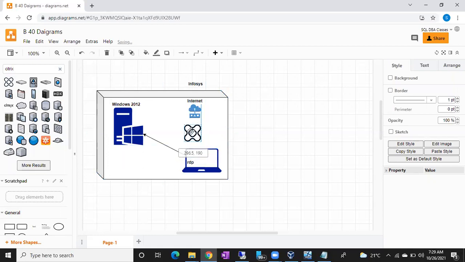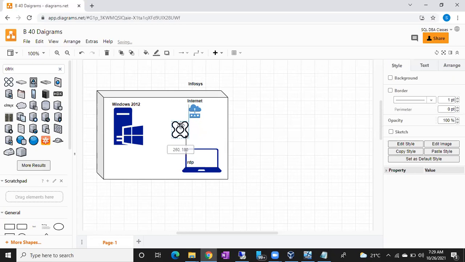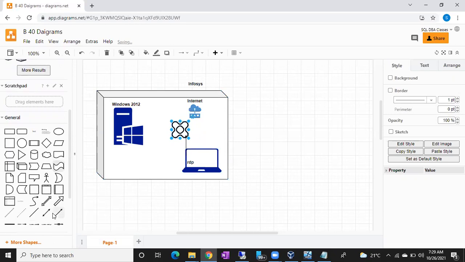Okay, so in some organizations you cannot directly connect to your Windows server. First you have to connect to your jump servers. Okay, there are some jump server softwares like Citrix apps and all. These are the jump server softwares. So first you will connect to the jump server, then from there you are able to connect to your